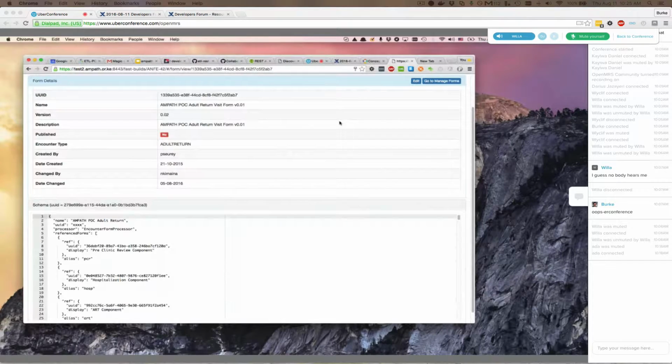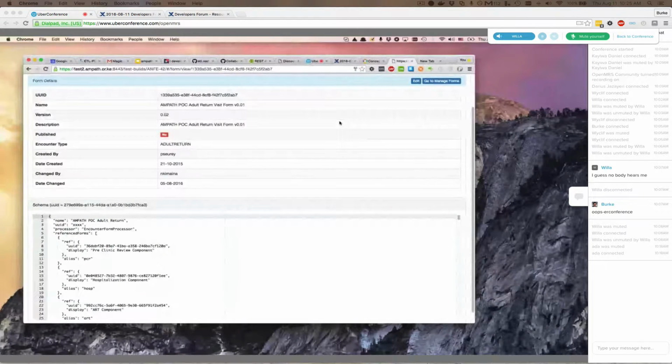Yeah, the poor man's version of it would be to say that you have form. I guess, can you have two forms with the same name as long as the version number is different, or does the API force you to have a different name? You can. As a matter of fact, I think you can have a form with the same name with the same version. Yeah. So the API is very loose as far as the forms are concerned. The poor man's version would be to say, okay, everything with the same name, then sort by version number.